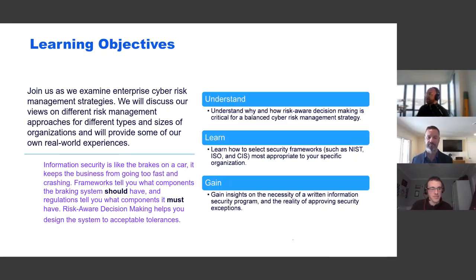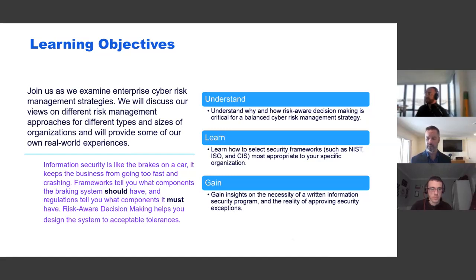A little bit of housekeeping before we start. I want to talk about what we're going to cover. Today we're covering the basics of security programs and security frameworks. Then we're going to dive into the Written Information Security Program, a little bit about regulations, and then we're going to wrap up with budgeting and how to really find out what you need as a CISO